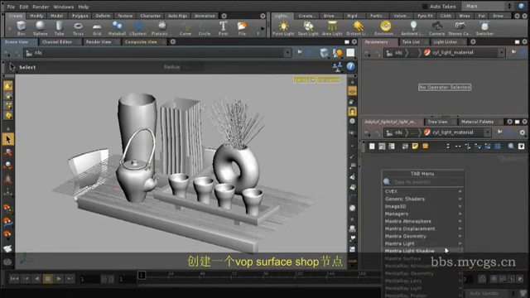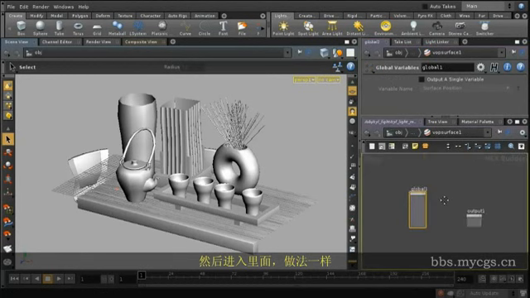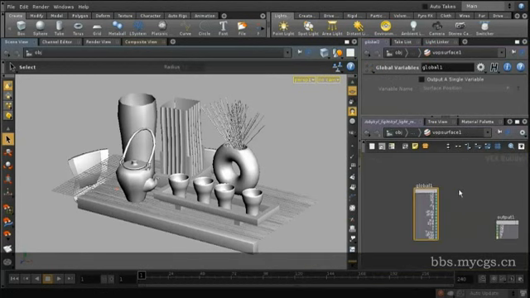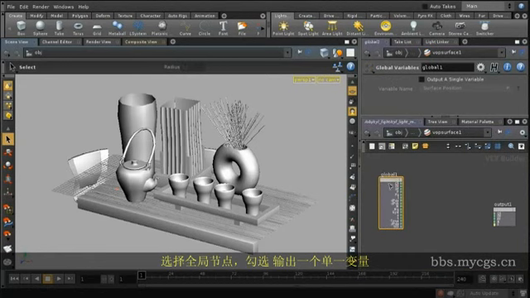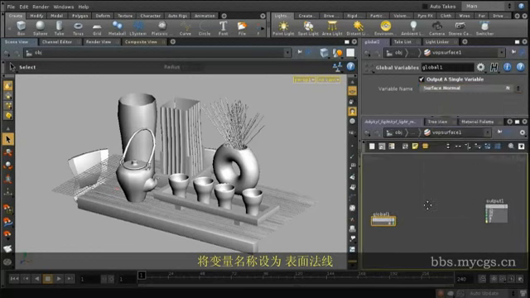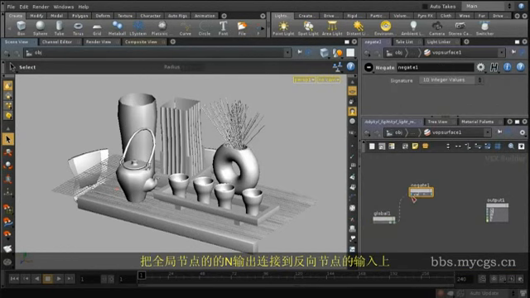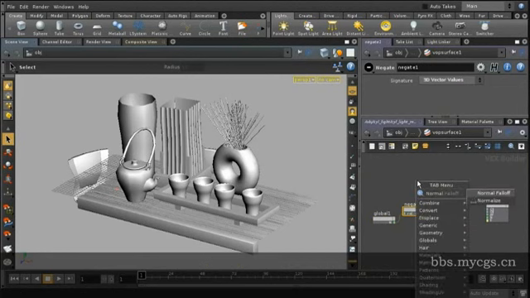Then here we will do just as we did before. We will create a Mantra surface VFX surface shop node. So this is our VFX surface shop. I'll go inside, and just as we did when we built our translucent material, I'll take this global node, I'll output a single variable from it, I will switch to the surface normal. Then, to inverse the normal, I'll create a negate node, I'll connect my N to it, I'll create a normalize node,